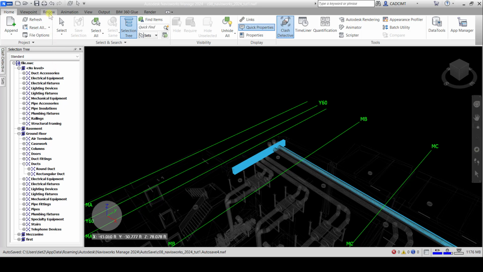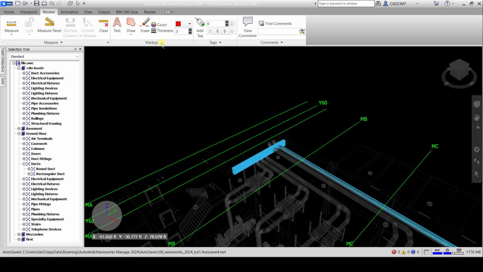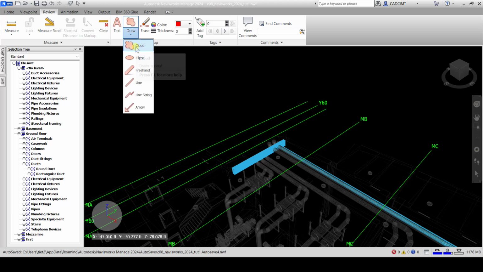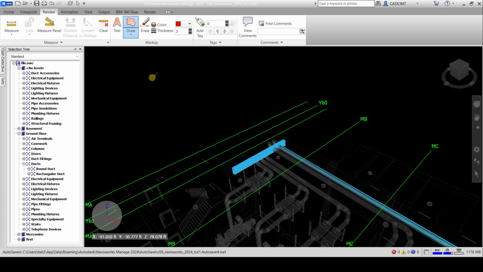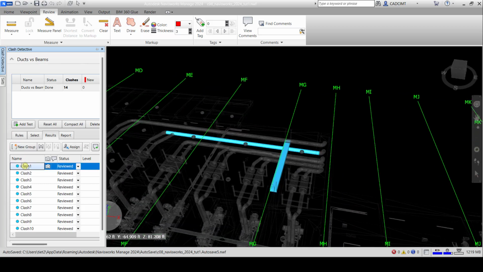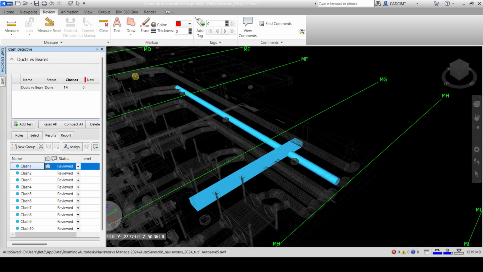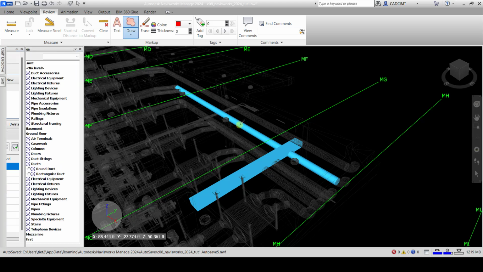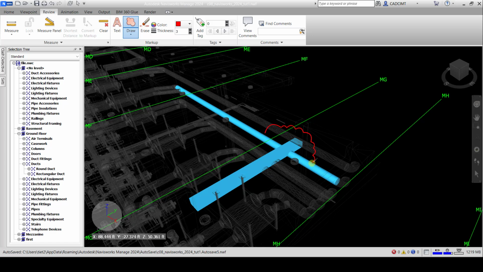Choose the review tab and in the markup panel, open the drop-down list and choose the cloud tool. And you will see the cursor changes into a pencil cursor. Now, in the clash detective window, select clash 1 and then draw the cloud like this